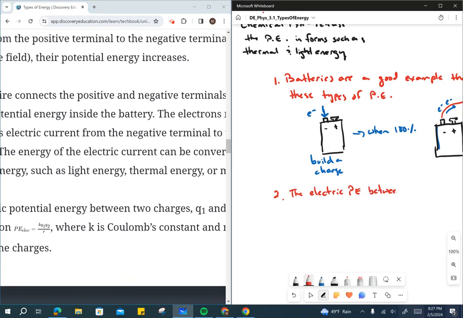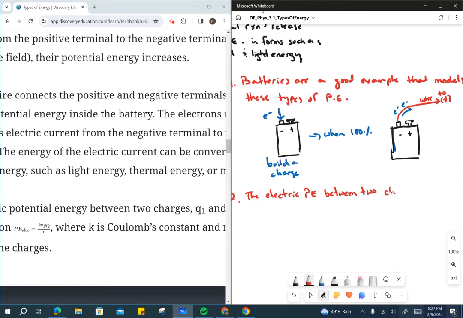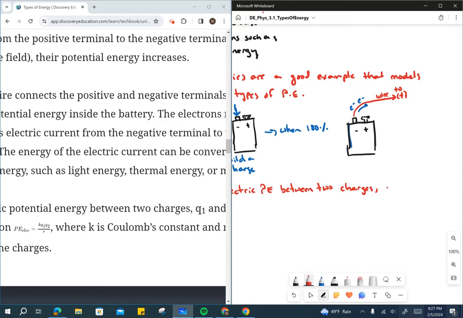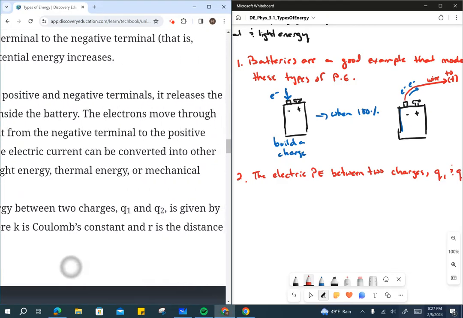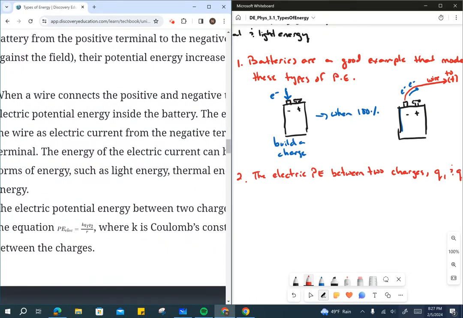This looks familiar, huh? This looks like Coulomb's law. Charge 1 and charge 2 is given by